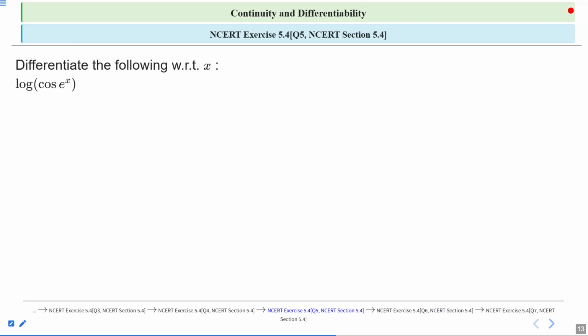So next question is we have to differentiate log cos e to the power x. How can we differentiate this? Again, we will apply chain rule in log cos e to the power x. The differentiation of log cos e to the power x is 1 by cos e to the power x, and again we differentiate cos e to the power x, which is equal to minus sin e to the power x, and differentiation of e to the power x will be e to the power x itself. Clear? So you have 40 seconds to solve or think about this question. After that, we'll move to the solution part.